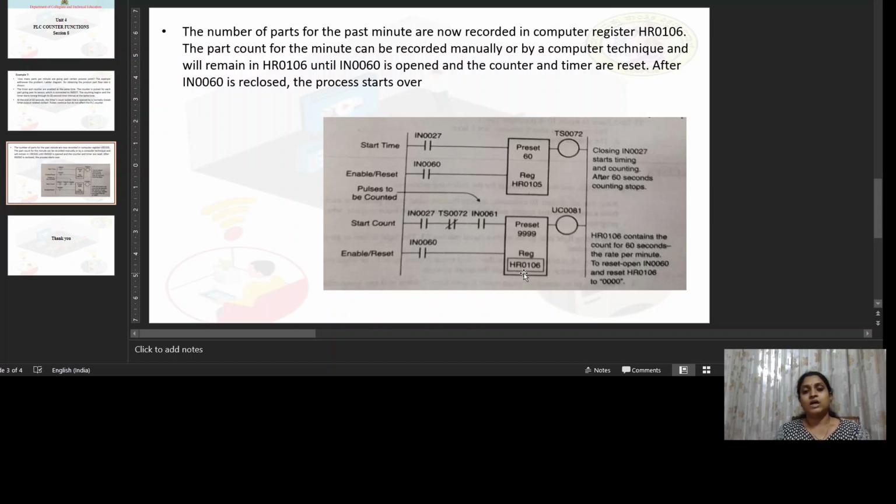One purpose is enabling, which is achieved by energizing it and closing it. The second purpose is resetting of the counter register and timer register. This is achieved by opening the IN60.